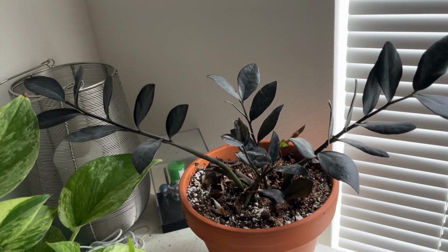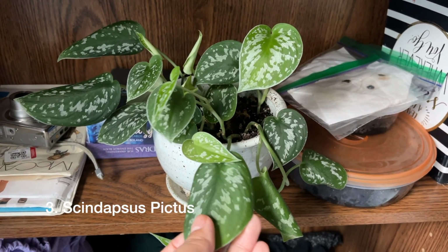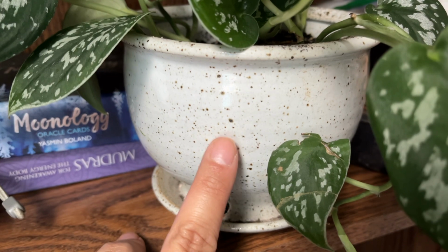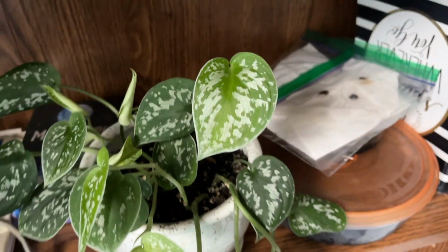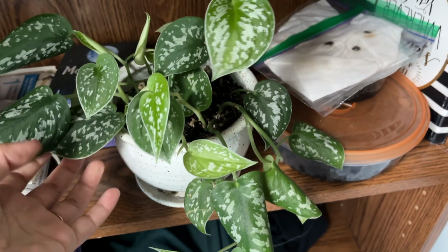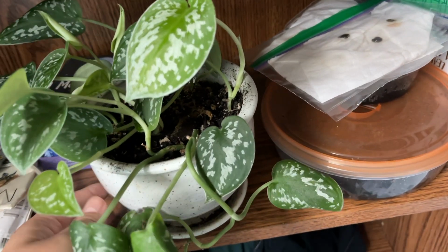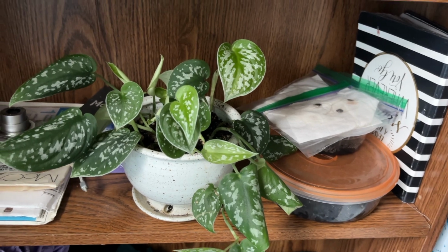Yeah, classic. This is the Scindapsus Pictus. I really love this plant. I love Scindapsus in general, but I love how it looks in this pot. It's this ceramic pot with the speckled, almost burnt areas, and she's looking really full. These are all just cuttings that I put in here to pot up from my other plant, and I just love it. I think it looks great. I want it to be fuller, and